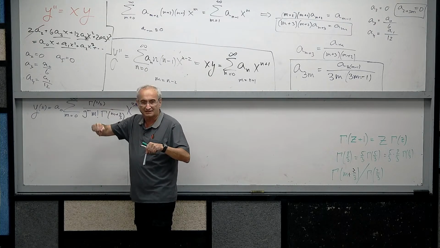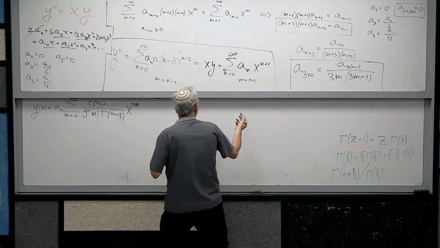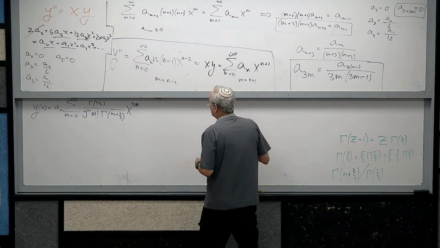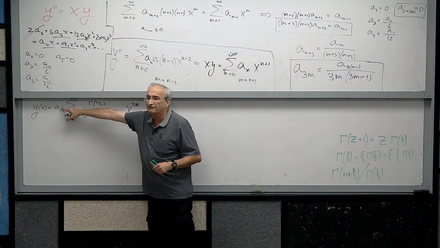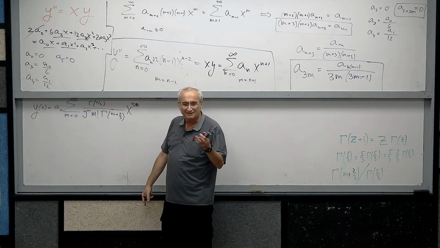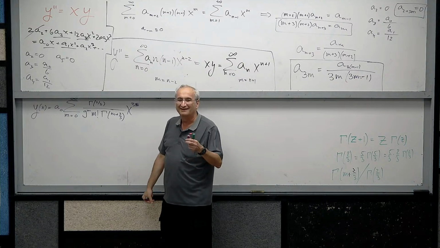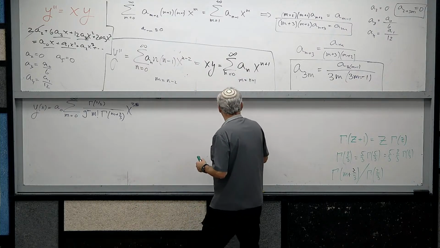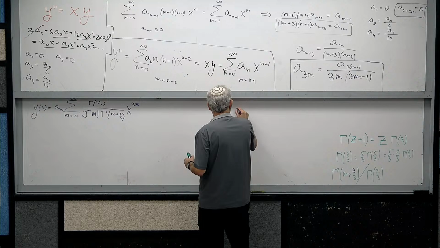So what is the general term for fixed x? The a naught is a factor, and gamma of 2/3 is pi over something, but what is important is that I have here